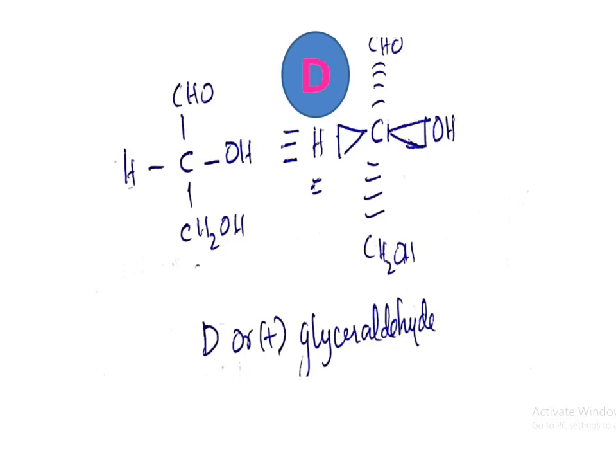And the lactic acid obtained from D-glyceraldehyde by a series of steps retains the D configuration, whereas that obtained from L-glyceraldehyde has the L configuration. These refer to the D and L system of nomenclature. Here for D we give a plus sign and for L we give a minus sign. This refers to the sign of rotation also. In my last video we followed that series of steps for D-glyceraldehyde.